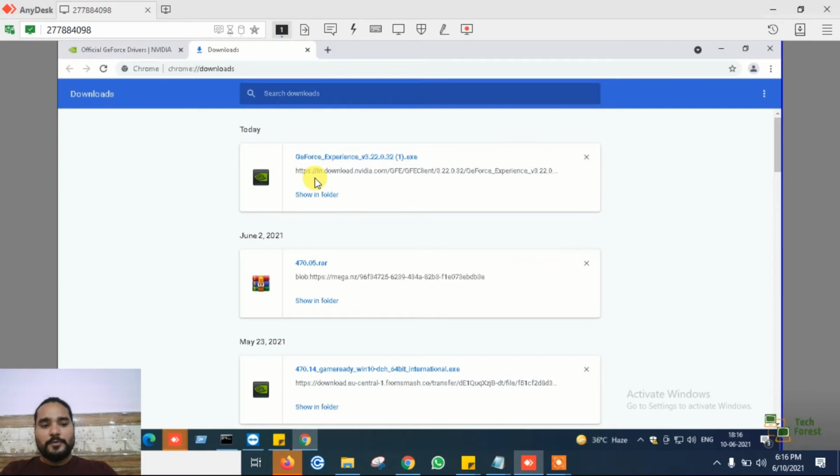Install it like a normal software. No expertise is required for the installation. Just keep pressing next, next, next, finish. After completing the installation, it will ask you to sign up, create your account. If you don't have one, sign up, and then it will allow you to update your hardware to get your latest driver.